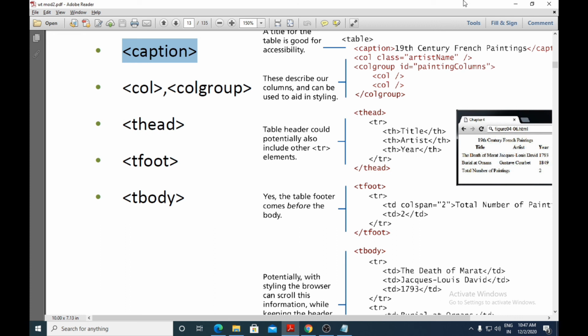Second, column and column group. These can be used along with the selectors, for example class selector, ID selector, pseudo selector, all those selectors which we had studied in module 1. Those selectors can be used for styling, along with these table elements. Next, the third element we have here is T head.